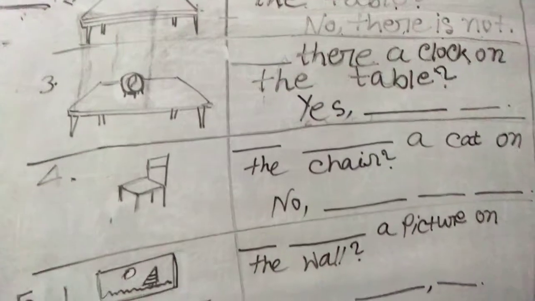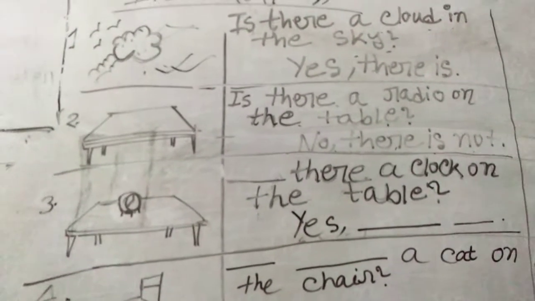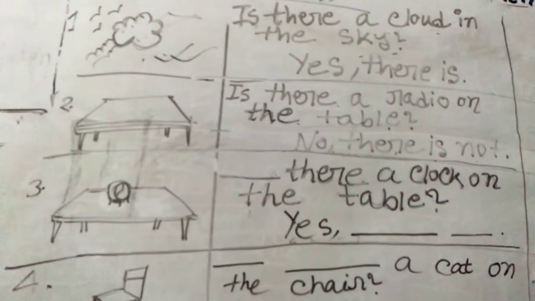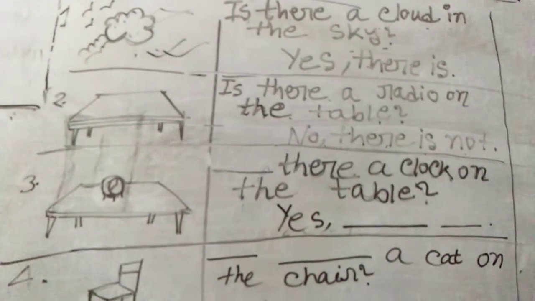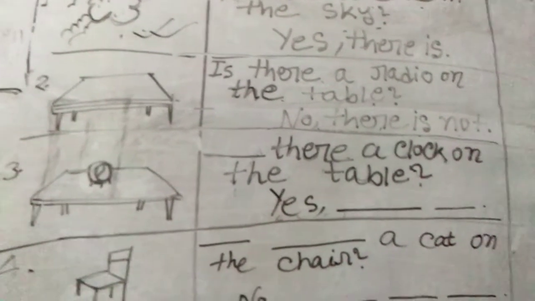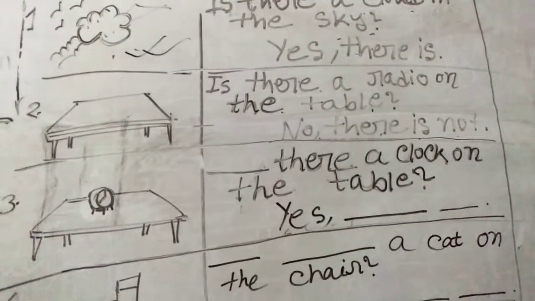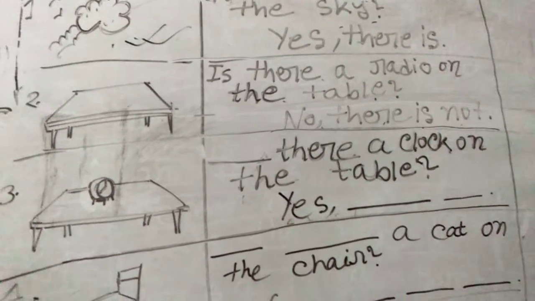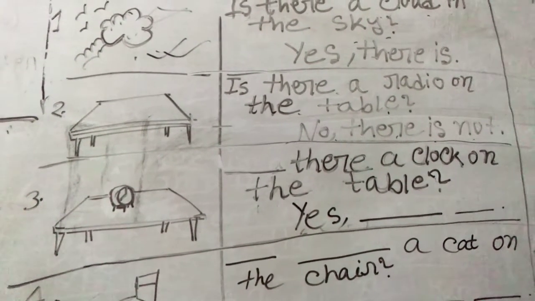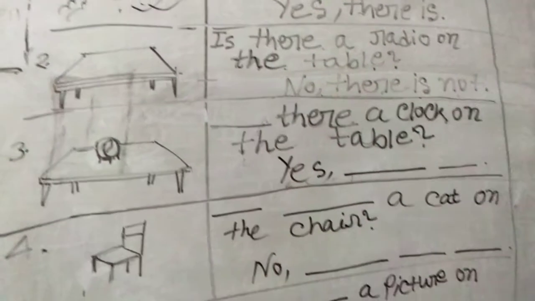Also in your book, what can you see? You can see the pictures and the sentences just beside the picture, and the sentences are in question-answer type. So what's the basic core idea? If you are being asked about any position or situation or place of any object, and you find it correct with the picture, then you have to write yes, there is. But if you don't find any similarities between the picture and the question, then you need to write no, there is not. That's it. Now in this way we are going to solve the rest of the questions.